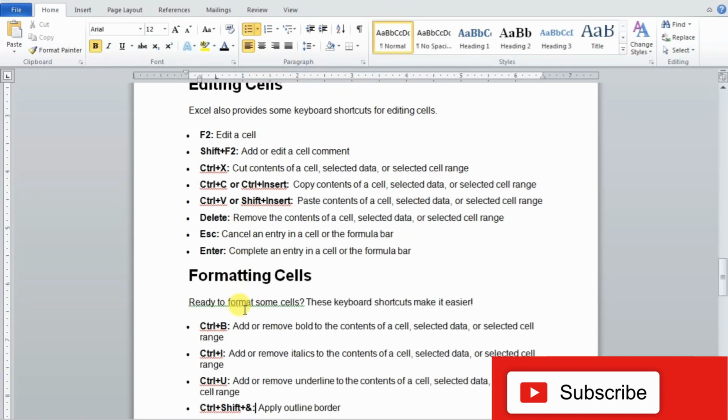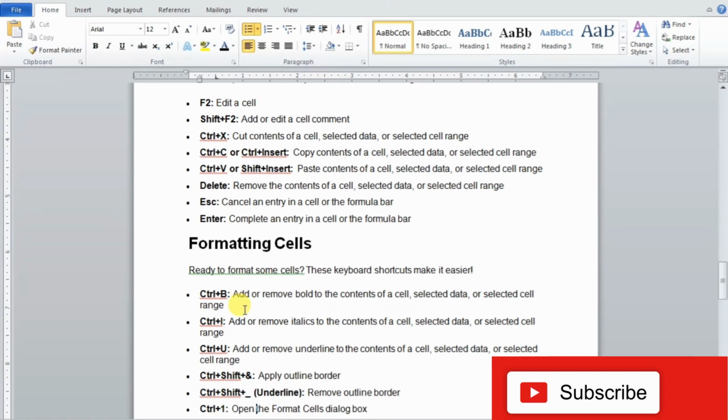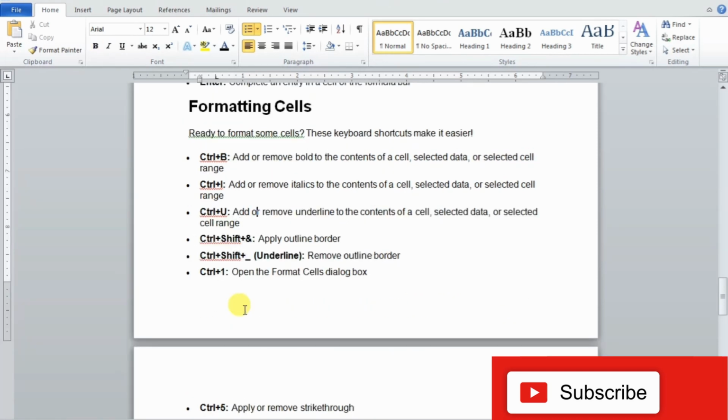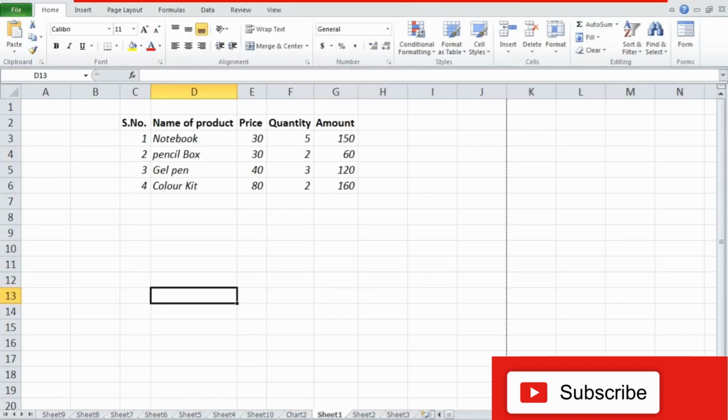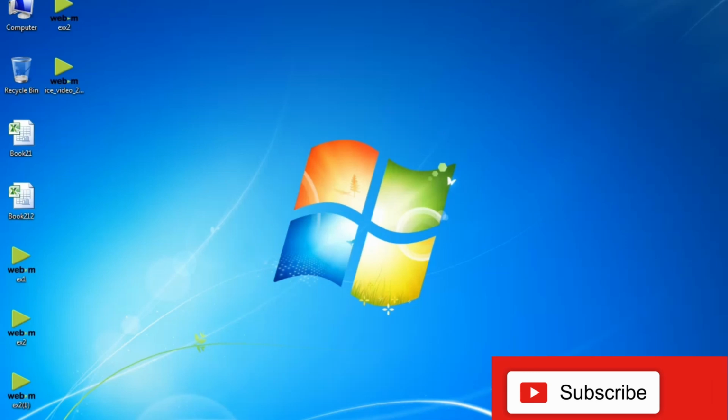Control plus B, I, U, that is bold, italic, underline, we have discussed in the beginning as well. Now applying a border. Suppose I want a border on this data, so control plus shift plus ampersand, and an outside border will come. And if you want to remove the border, you need to press control plus shift plus minus. So you will see that the border has disappeared. Fine.